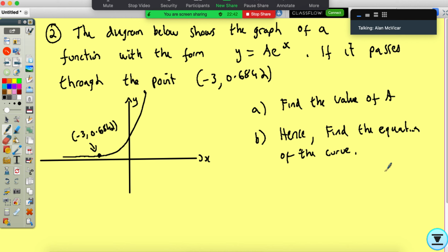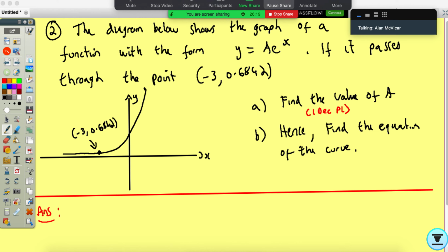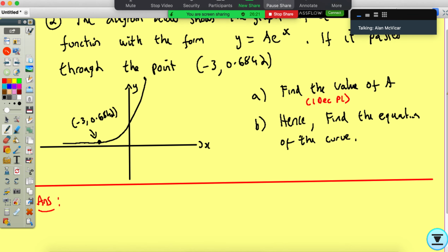You try it. I'll put the answer up in a couple of minutes because it shouldn't take you that long. Okay, so copy it if you want. Do the work in, see if you can get the answer for me. You have time to maybe have a wee look at it and try it. So same thing as always, right? Any graph type question, if you've got the form of it, now hopefully you can see